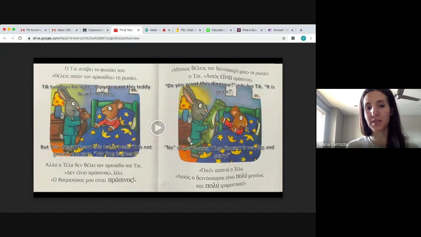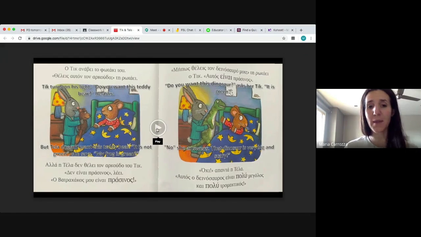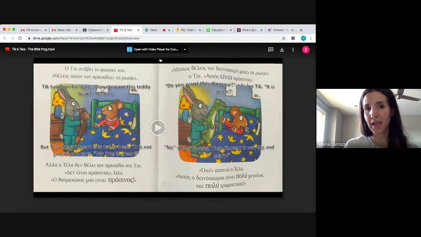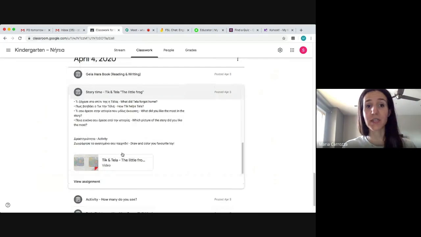So parents were able to kind of follow along if they didn't speak Greek, but the story is read fully in Greek. And then she has some questions in her notes that she asked that you can kind of follow along. So this is one thing that if you are interested in, you can look at choosing this type of